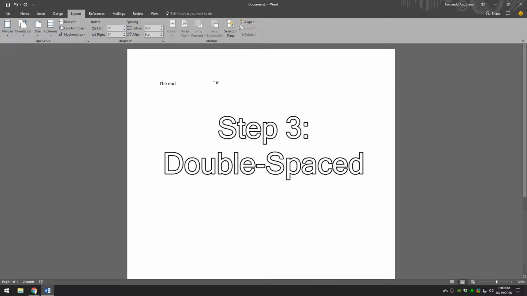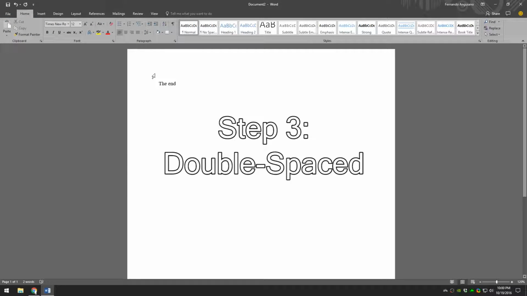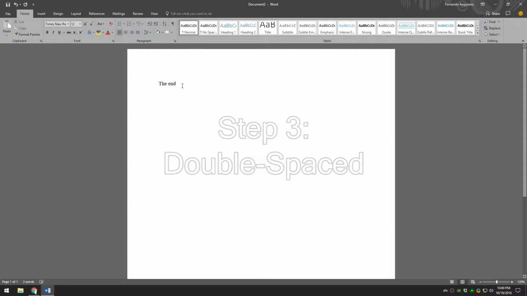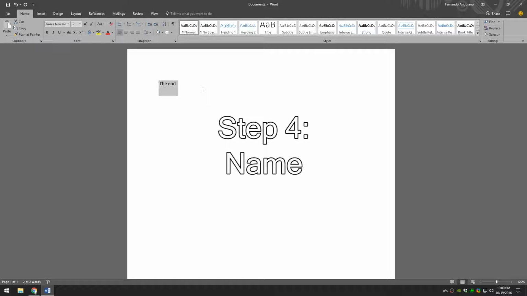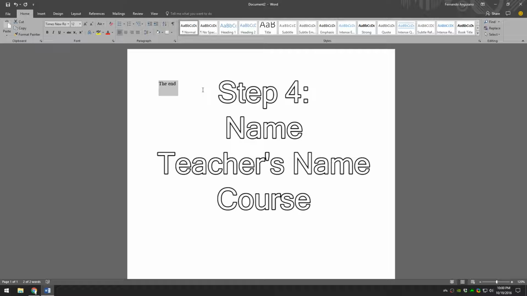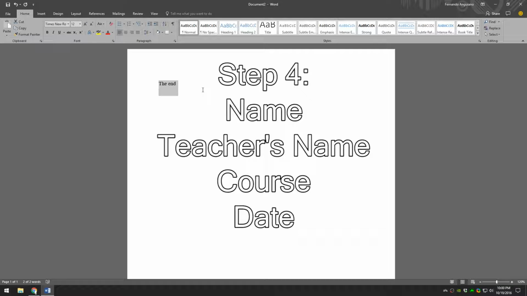Third, you need to change the line spacing to double spaced, unless otherwise instructed by the teacher. The teacher might tell you that it needs to be single spaced, but usually it's double spaced, so you set it to double spaced. Fourth, list your name, your teacher's name, the course, and the date on the left corner